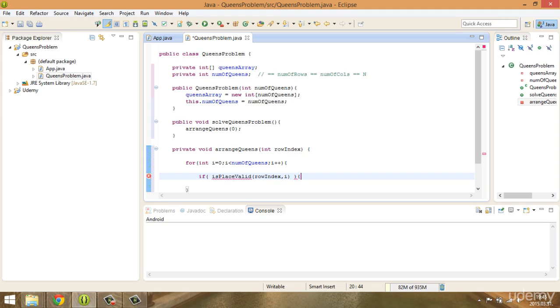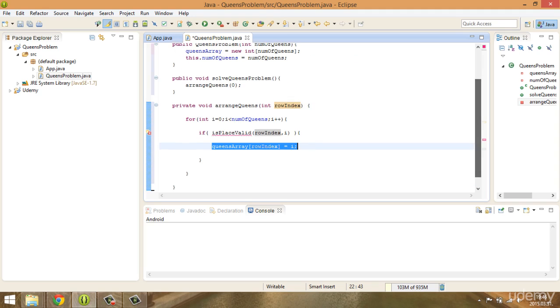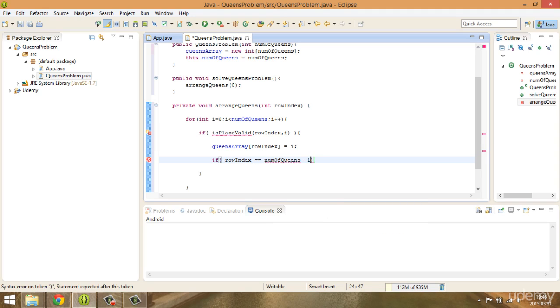Okay, and if it's a valid place, then the queen's array with the row index is going to be the i. So we place the queen to this index in the queen array, and we just have to check whether the row index is equal to the number of queens minus 1. It means that there's a solution, so we just print the queens,